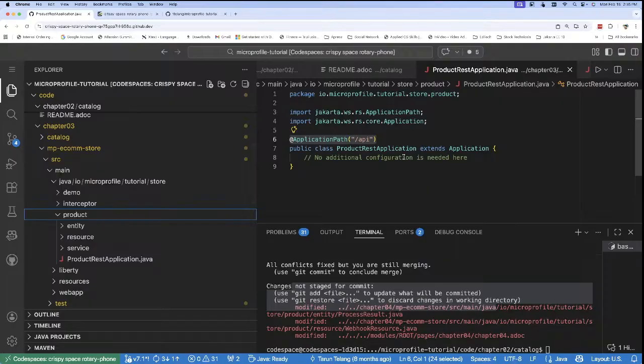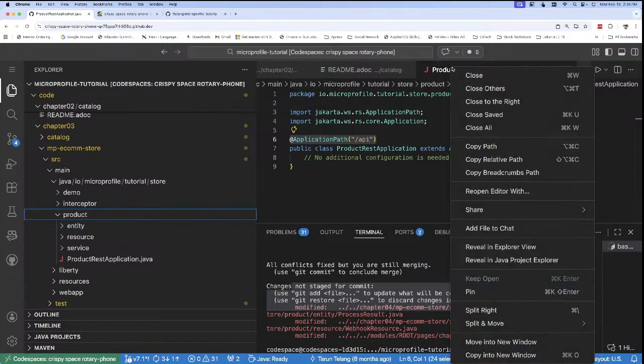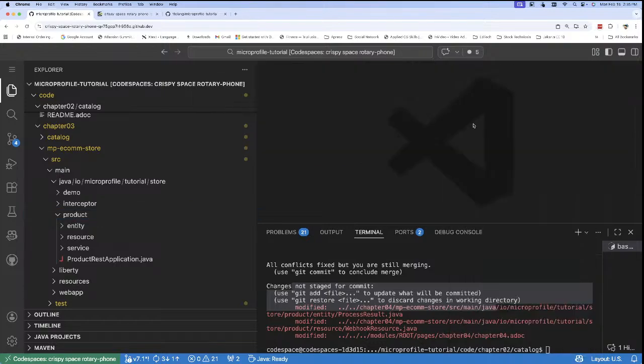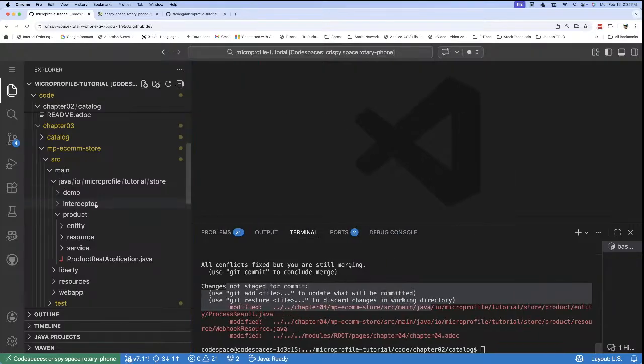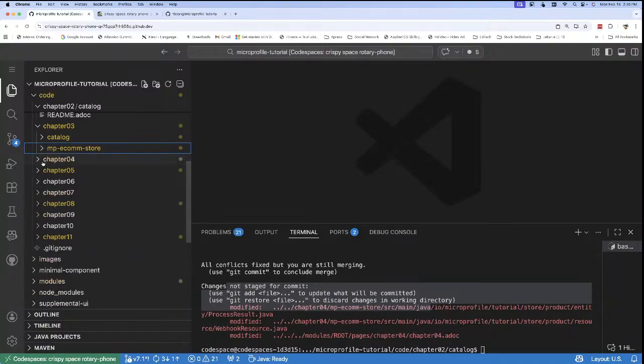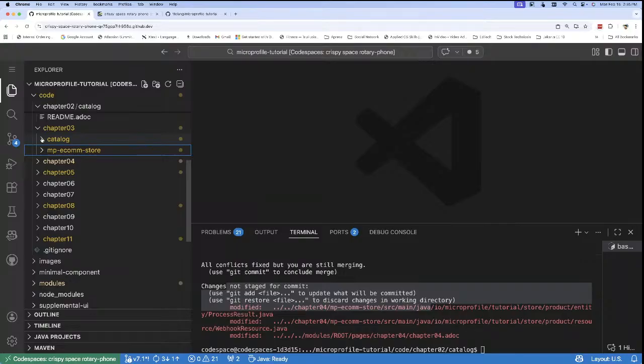So here, no changes to product applications still. Let me close all so that there is no clutter in my IDE, and then we can go through each of these. Because here we have a catalog implementation which is based on the database. Here we have a catalog implementation which is based on